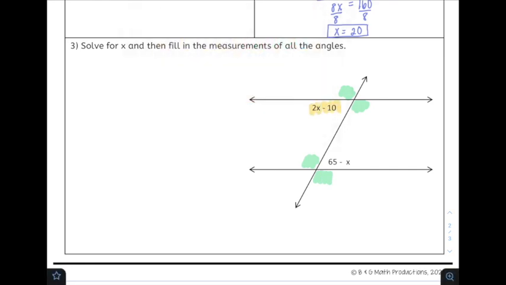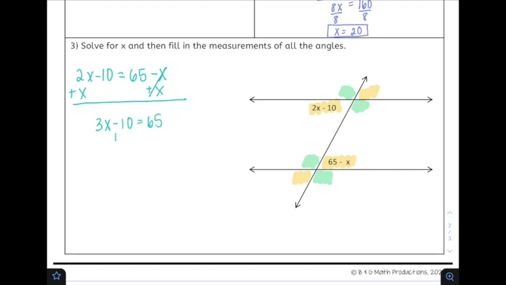So here we have our angles. I'm just color coding them in advance so I know which ones are going to be supplementary, which ones are going to be congruent. In this case, you have 2 congruent angles, so that means you have 2x minus 10 equals your 65 minus x. Okay, so now we're going to solve for x and then figure out what the angle measurements are. So we have plus x on both sides. This is going to give me 3x minus 10 equals